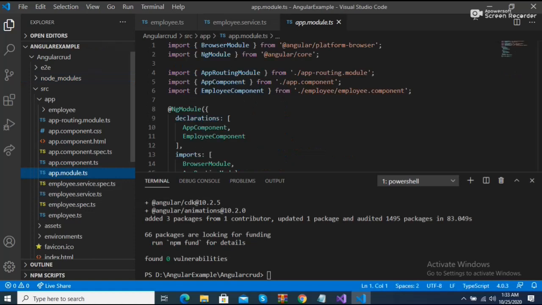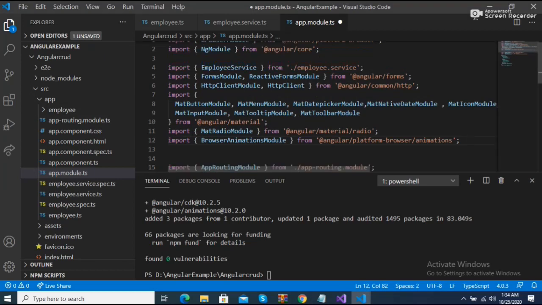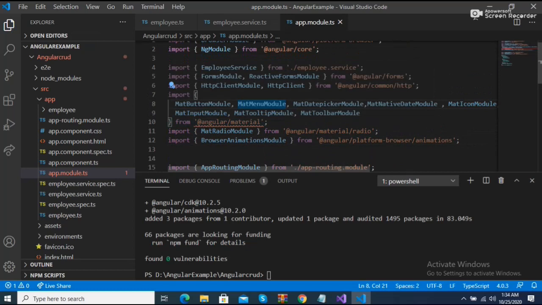Here we need to add the app routing module, ngModel, and the employee service. After all these things, we need to import some files here. When I add this in Angular Material, it shows an error. The reason is that this is an Angular 7 approach and we are using Angular 9, so we need to add these things one by one.